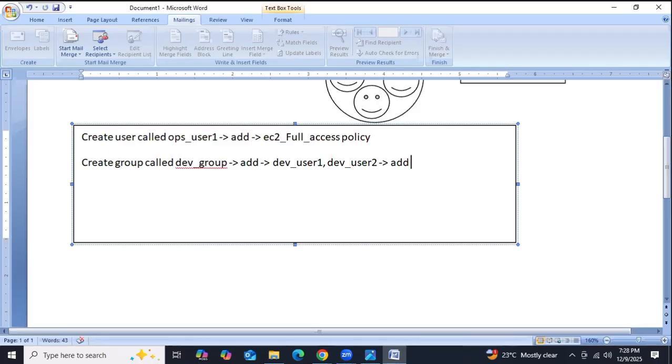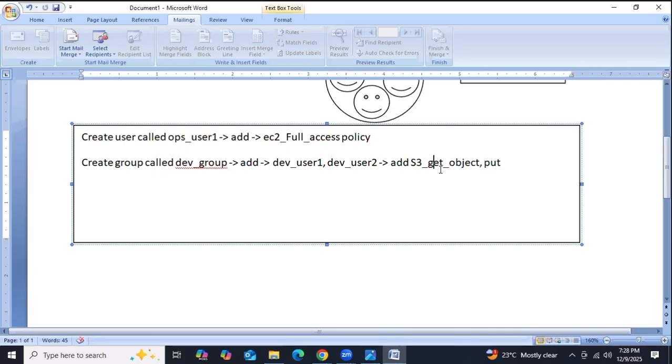Add S3 get bucket, get object and put object. Means what kind of permission we need to provide? First one, AWS managed policy.